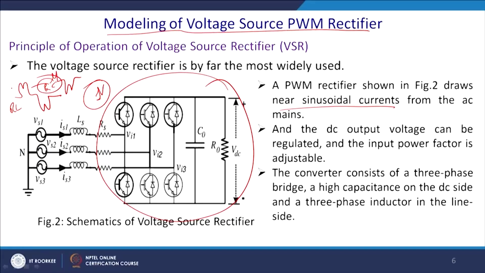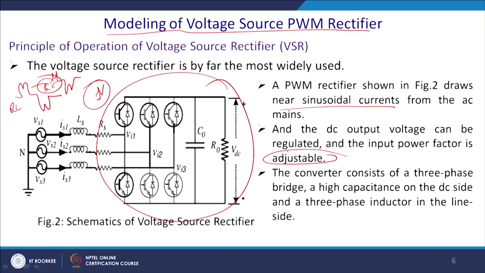And you do not want that, you want a sinusoidal current, and for this reason we require to incorporate this PWM rectifier. The DC output voltage can be regulated, and the input power factor can thus be adjusted. So, you can do the PQ control, that will come a little later, through the